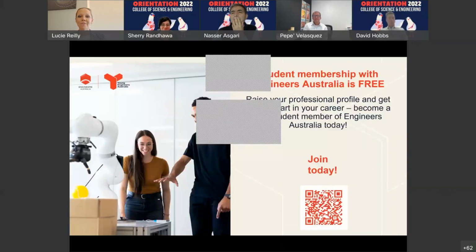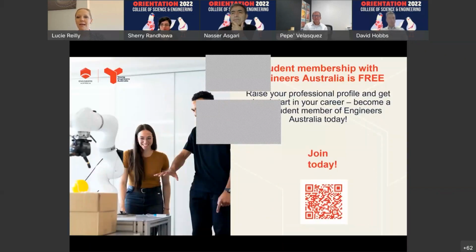So the final thing, just to cap off today without taking too much time, as I said, a quick way that you can join here to access the free student membership. There's a QR code on screen that will take you through to a couple of questions. It will be free. You'll have that support through your membership, and you'll start to be able to access the different resources that I've spoken about.